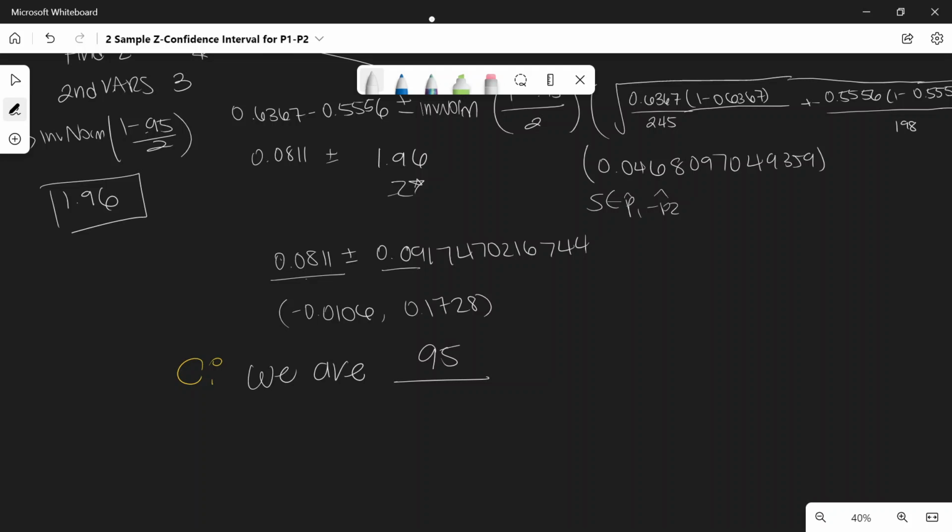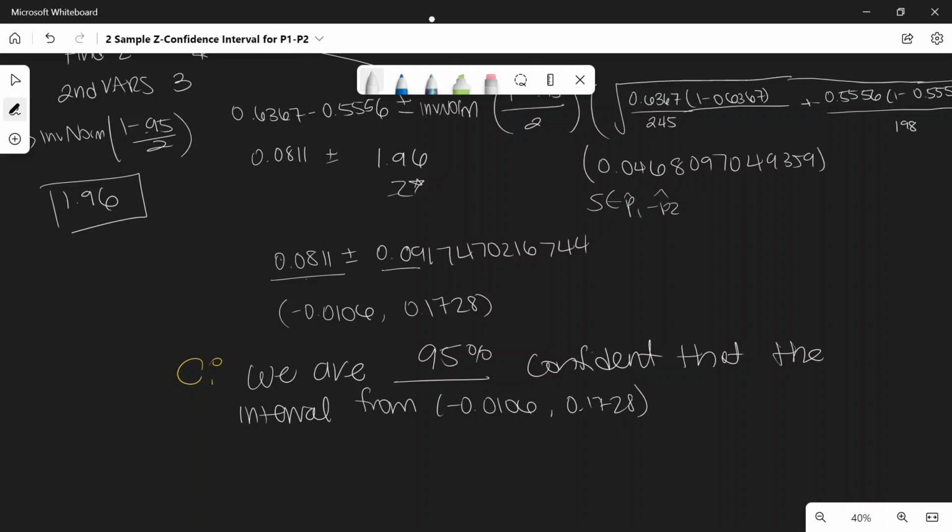So, we are 95% confident that the interval from negative 0.0106 to 0.1728 captures the true, really important, the true difference in proportions